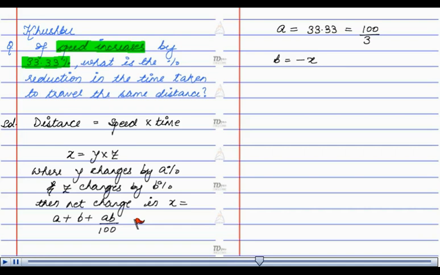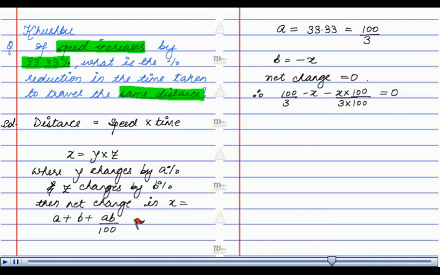It has been given that the distance remains same, that is, the net change is 0. Therefore we have 100 by 3 minus x minus x into 100 by 3 into 100 is equal to 0,